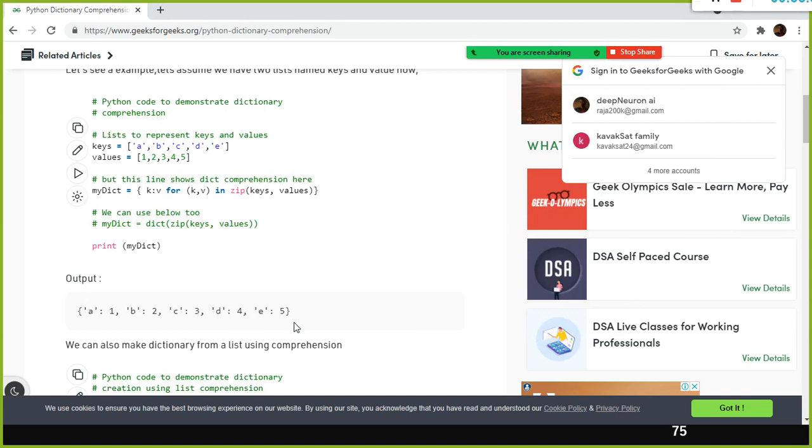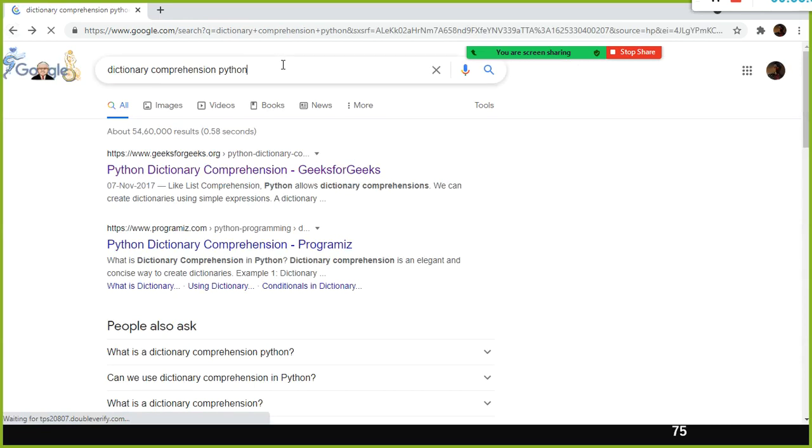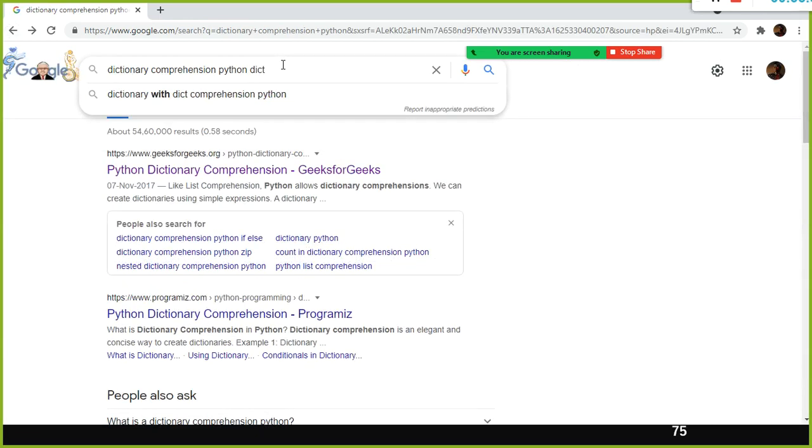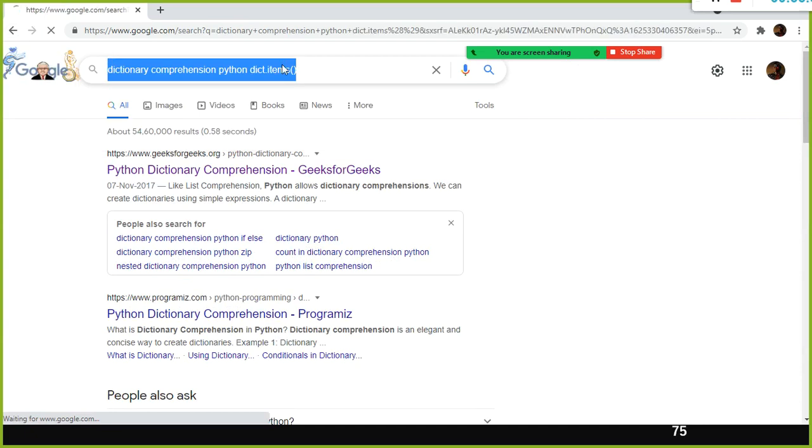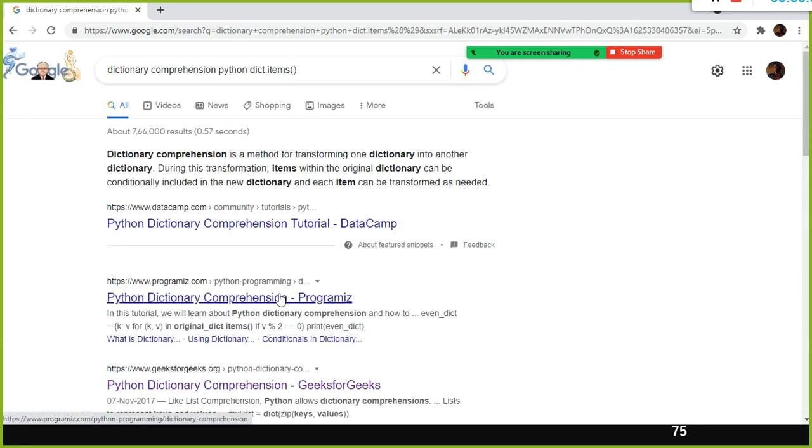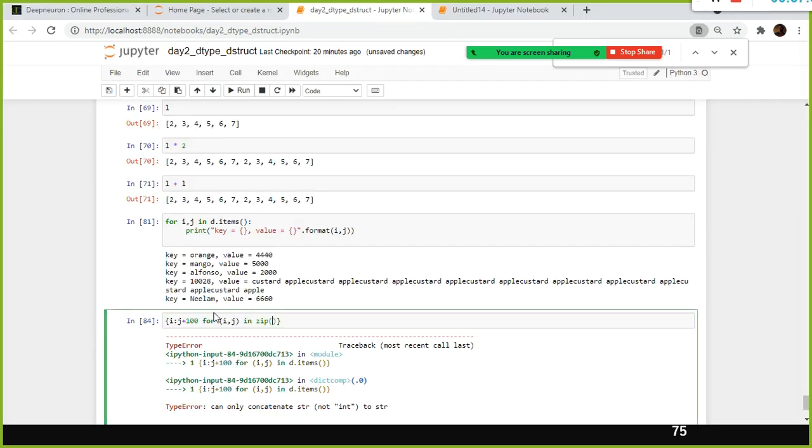But how will it know which dictionary? Keys comma values is that one, and dict, no, not this one, this is not the correct one. We can use dict.items(). So for k comma v and k colon v for.